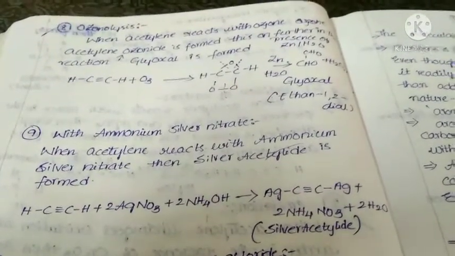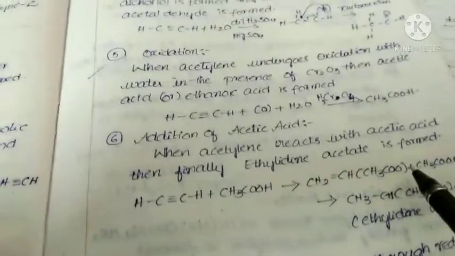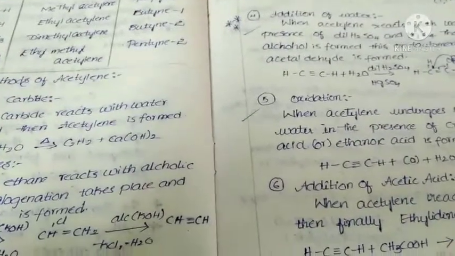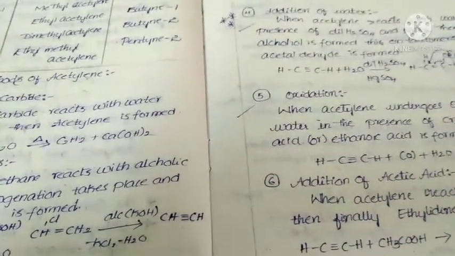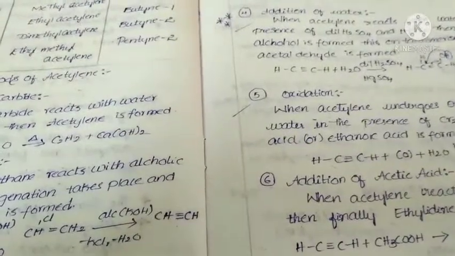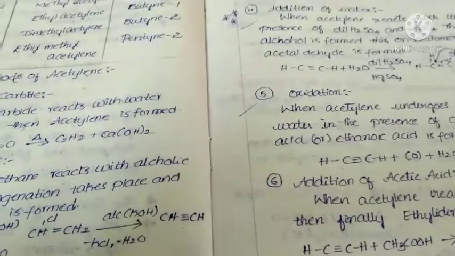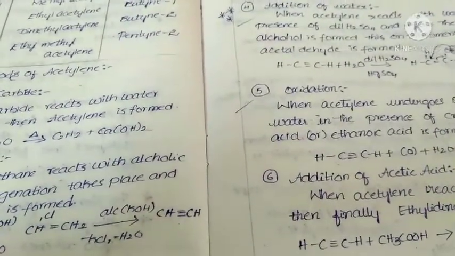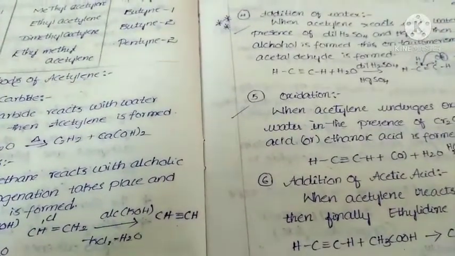And one more important point: in alkenes and alkynes, double bonds and triple bonds are present. So most of the reactions are what? In most of the reactions, single products are formed. So that indicates what? In alkenes and alkynes, addition reactions take place. That is a very important point. Most of the reactions are what? Addition reactions. In alkanes, substitution reactions. This is an important point. Keep that point in your mind. In alkanes, substitution reactions take place. In alkenes, addition reactions take place. So this is all about alkenes.